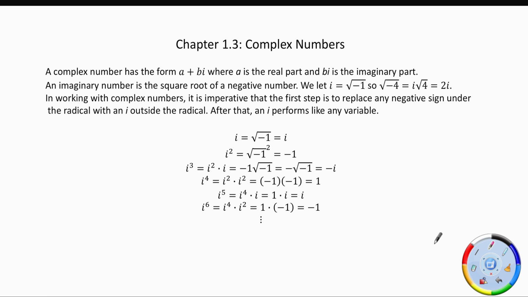Chapter 1.3, Complex Numbers. People use the term complex numbers and the term imaginary number interchangeably, but technically there's a distinction between the two. A complex number has the form a plus bi, where a is the real part and bi is the imaginary part. An imaginary number is the square root of a negative number. So if we let i equal the square root of -1,